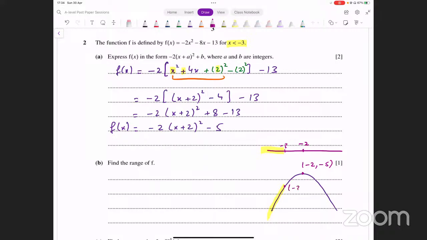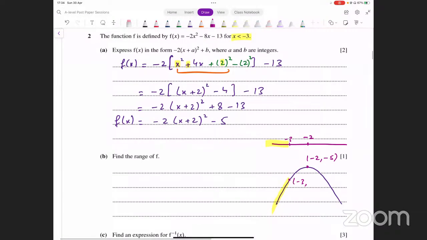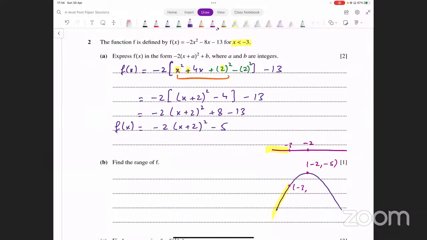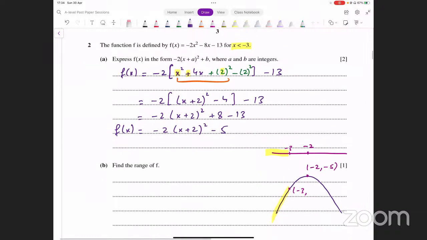आपको -3 के ऊपर इसका पॉइंट फाइंड करना पड़ेगा कि -3 पे आपको क्या रिजल्ट मिलता है। ठीक है, let's figure that out. f of -3, let's evaluate that। x की जगह -3 डाल दें कैलकुलेटर में, making sure you're using brackets properly because x की वैल्यू नेगेटिव है, ब्रैकेट्स में डालना है इसको properly। Let's see what that gives me। -3 into -3 whole squared, -8 into -3, -13, and that is giving me -7।